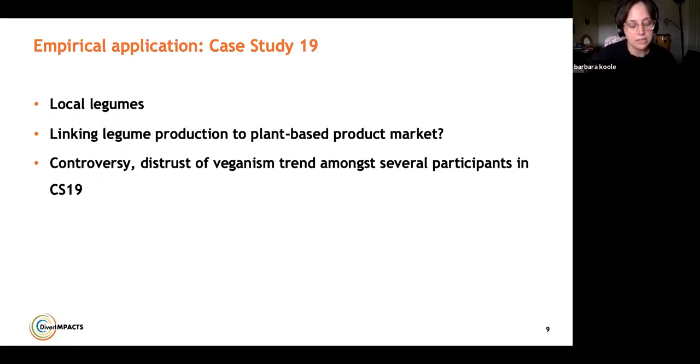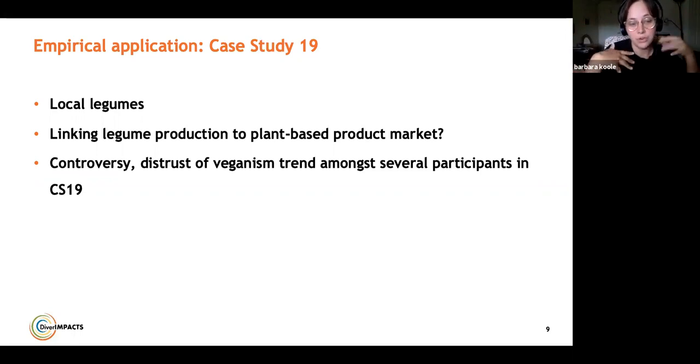So this was a case study that's bringing together a lot of different actors from different backgrounds, such as farmers, researchers, but also somebody from a food cooperative and a large Swedish environmental NGO, really to try to tackle this problem from a lot of different angles. One thing that was quite logical at the start of the project was that there was, at the same time as their wish for diversification through local legumes,